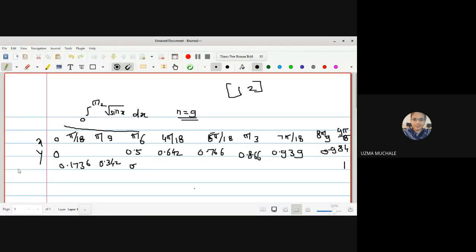Okay. So write this down and try to find the value by using Simpson one-third, three-eighth and the trapezoidal rule. Before finding that, can you tell me directly the answer from direct calculation of the integration from 0 to pi by 2 of root sin x? Do it and tell me fast what the answer is.